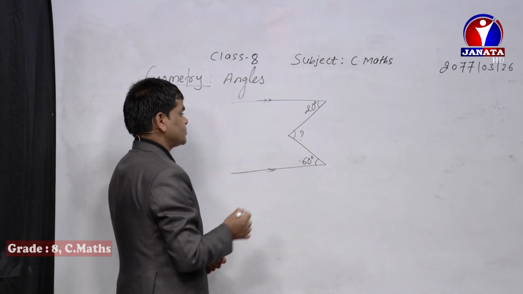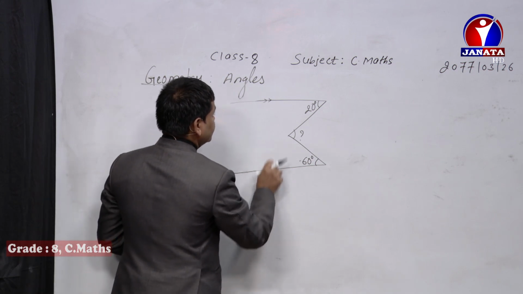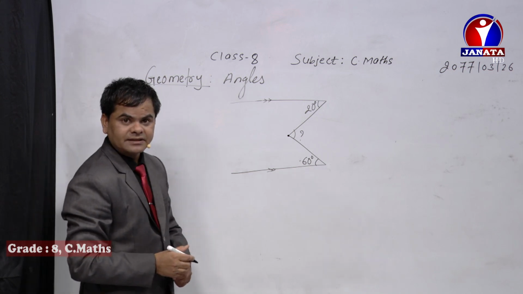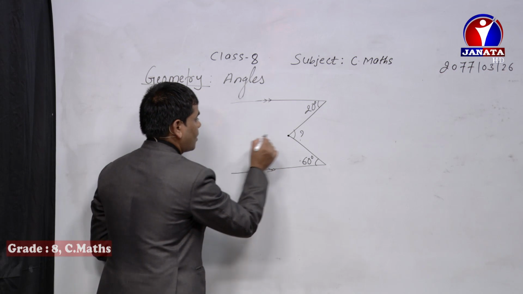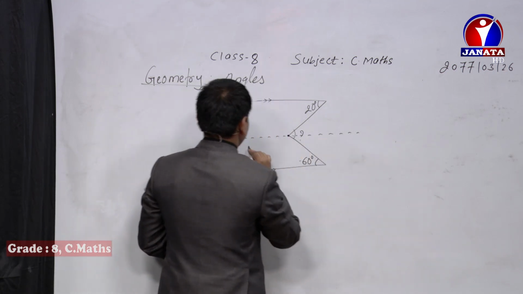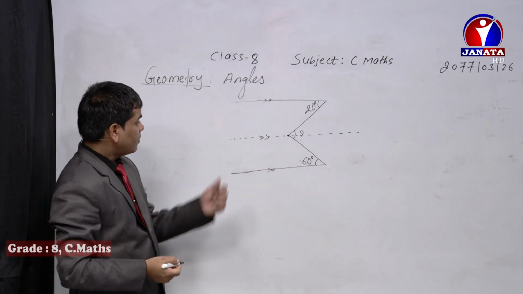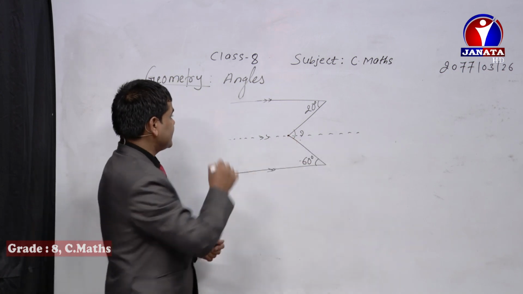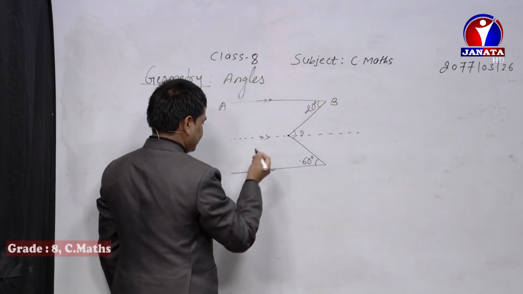At that time, dear students, what you can do is make a parallel line to both through this point. A hypothetical or imaginary line should be drawn from this point, which becomes parallel to the upper parallel line as well as the downward parallel line. Construct a parallel line through this point. For example, I'm going to present the name of this figure as well.